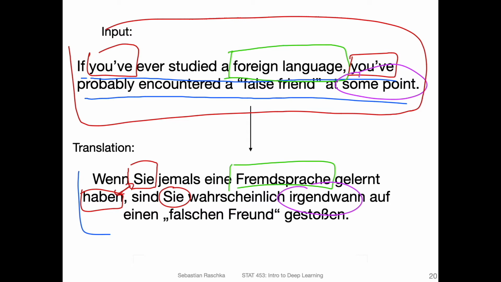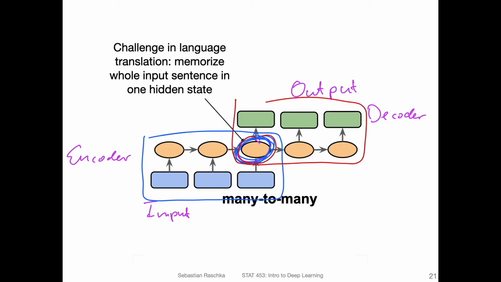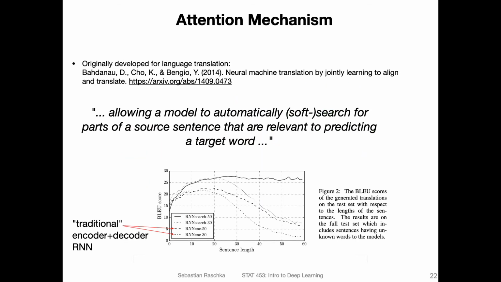So in that way, I think also you would have a challenge memorizing all the words in that sentence, because it's a lot of words. So same for the RNN, it will probably be challenged to have all the necessary information in this hidden state the longer the sentence becomes. So this is why researchers worked on this so-called attention mechanism to address this issue of having poor performance on